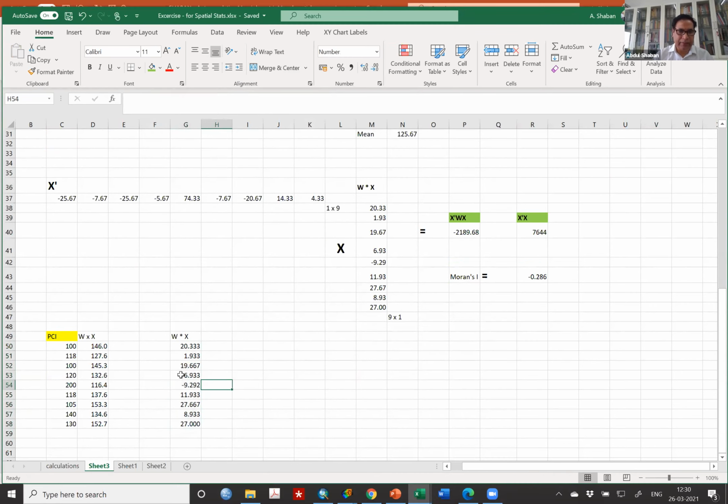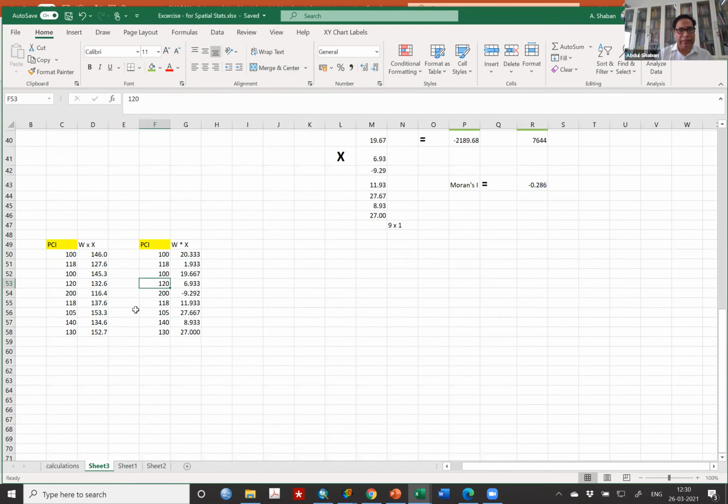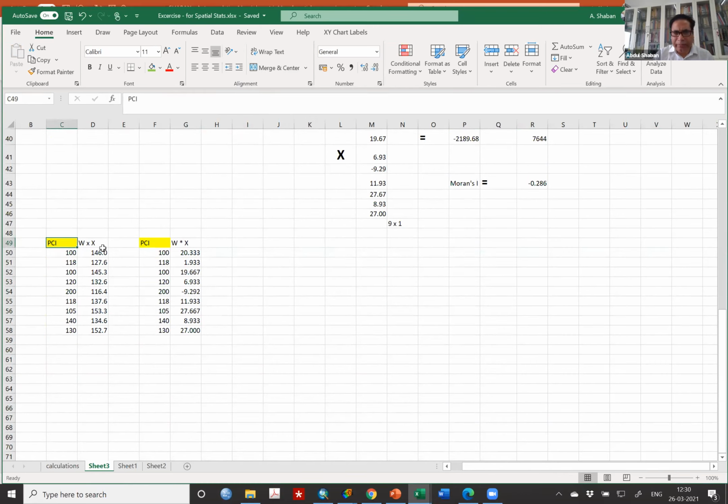I paste it here, move it up, and you copy this value also here. Actual PCI, actual. So you got it here. Now, once you have got it here, these two, let me see, I'm experimenting with actual lag without mean deviation and with mean deviation. But the slope will give, because slope goes through the formula calculations, so they should have the same values.